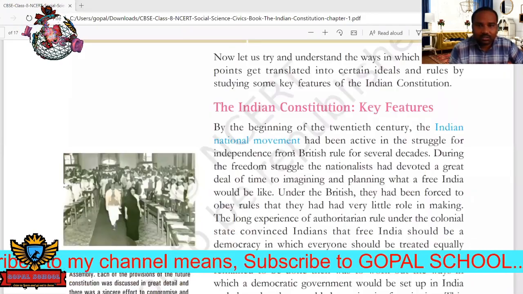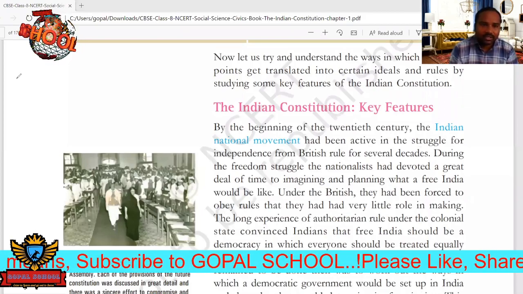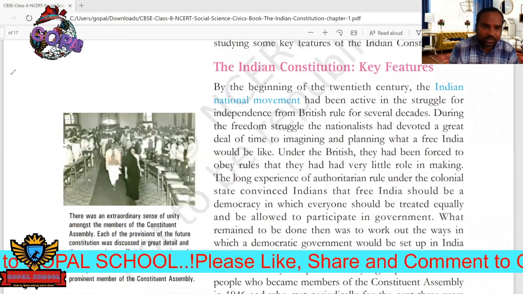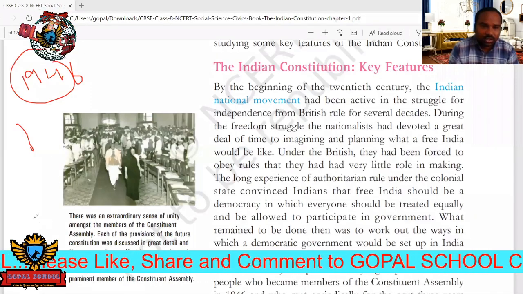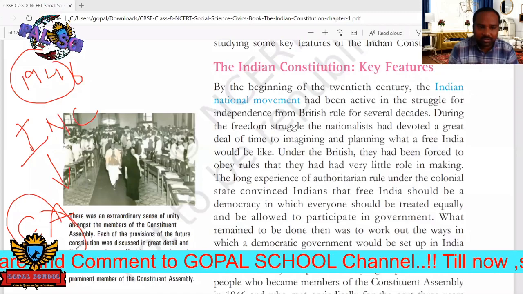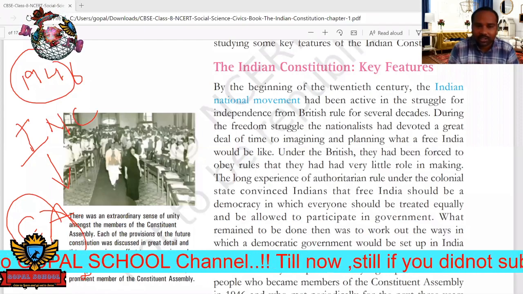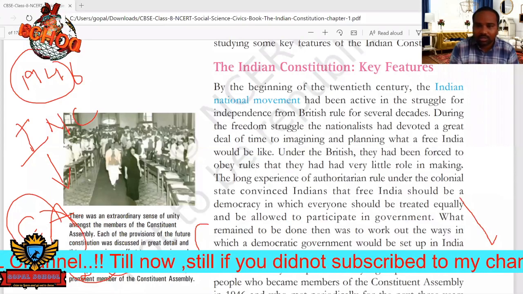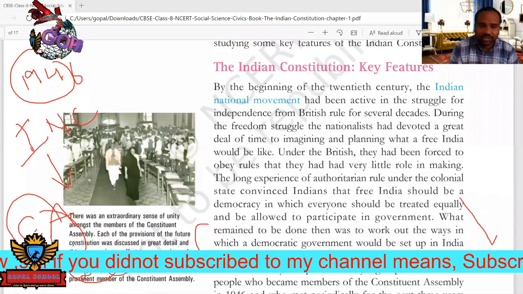Next, see here, we have seen this also. How was this constitution prepared? I said that in the year 1946, within the INC, the Constituent Assembly, CA, was formed. How many members are there? Totally 299 members. These are the delegates from different parts of the country, from all corners of India, so here we can see this representation in the Constituent Assembly.